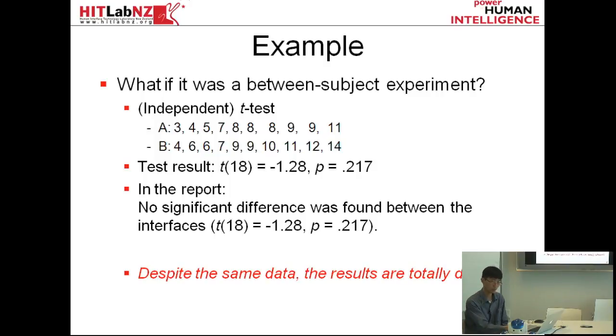So it is important that you know what your measurement scale is, and also if it's normally distributed or not, and also if your study design was between subject or within subject, because depending on these parameters, you have to choose the right statistics that you have to